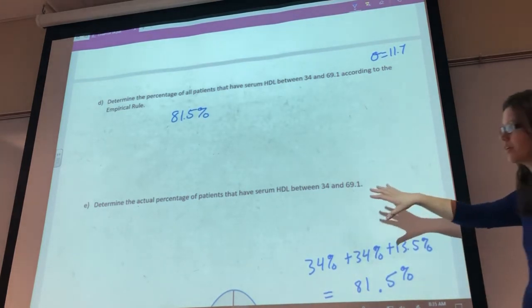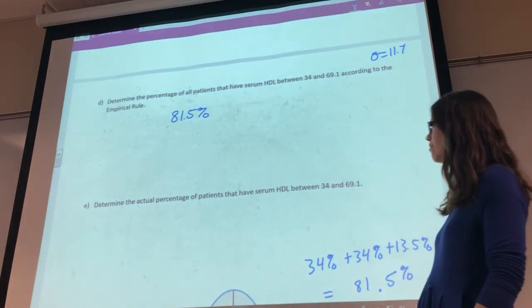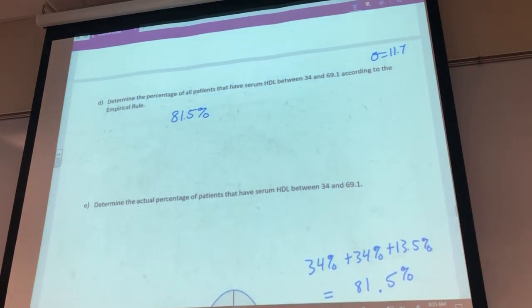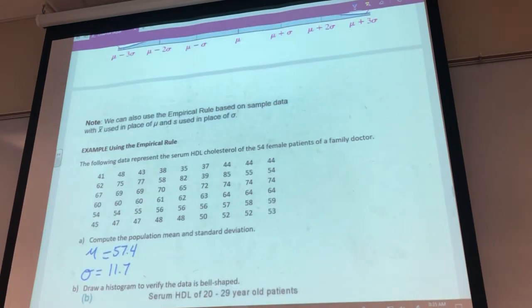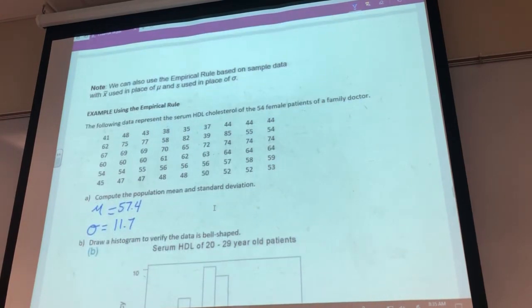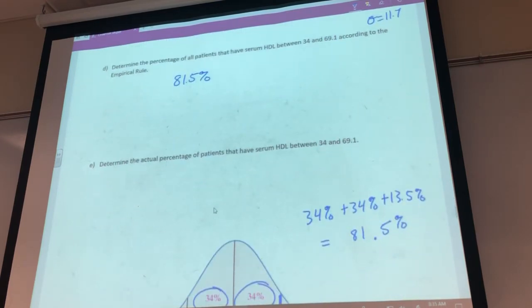Part E asks us to figure out how many patients actually have data values between 34 and 69.1. You can go through your original data values and circle how many of them fall into that category. But since I already have my data in L1, I'm going to just order L1 ascending, and then it'll be easier for me to count them. So in my calculator,